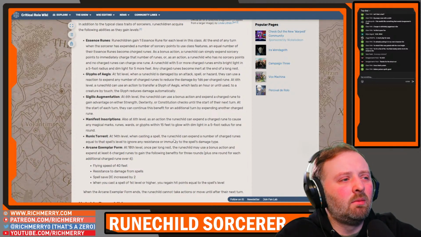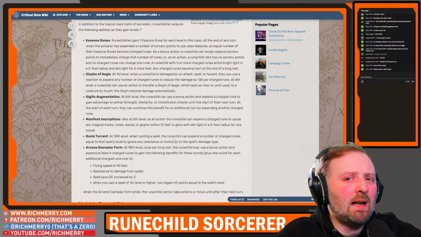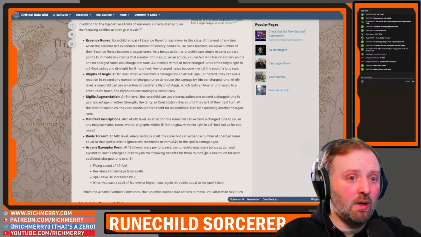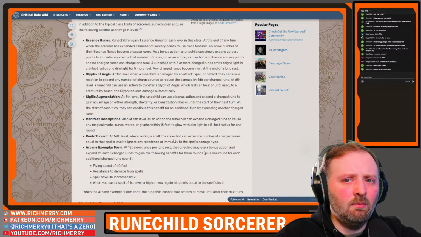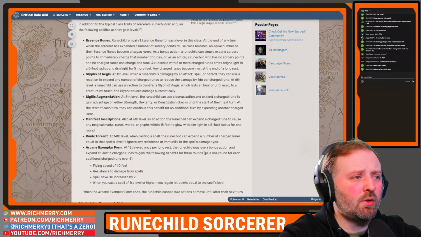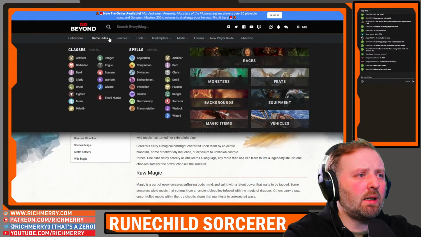Here's a question for you. When casting a spell, the Runechild can expend a number of charged runes equal to the spell's level to ignore any resistance or immunity. Does that work with cantrips? Would it be 0 or 1 rune? Because I think there's a really good poison cantrip that does like D12 damage. But the bad thing about it is it's poison, so everyone's resistant. So if you can sling this on a creature, I don't think it's naturally in the spell list for the Sorcerer. We can check it though. Let's go to the Sorcerer spell list and have a look at the...